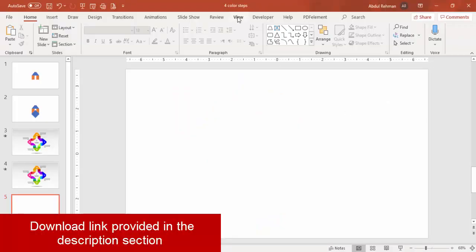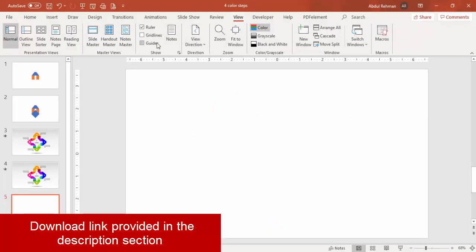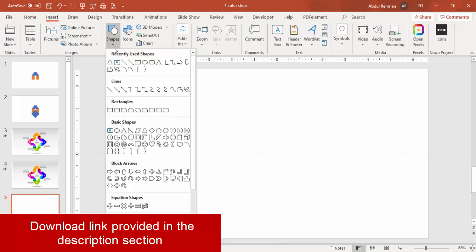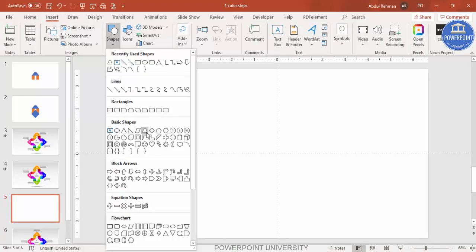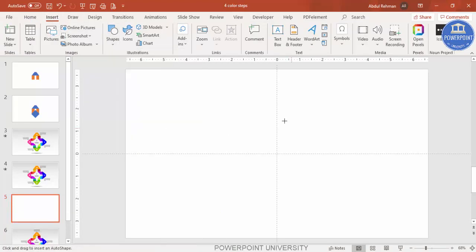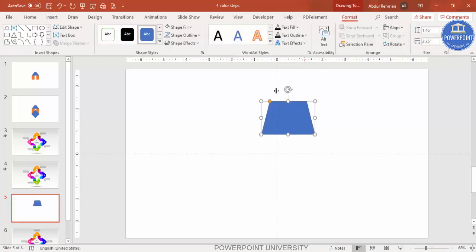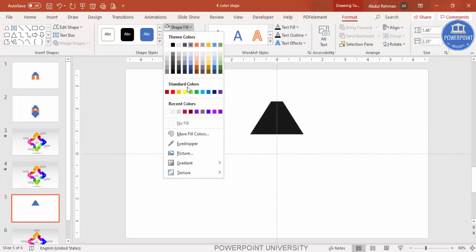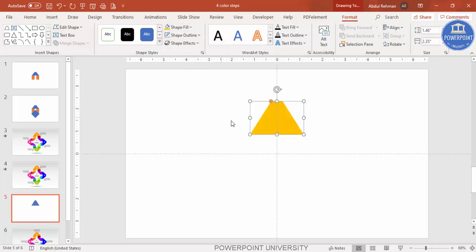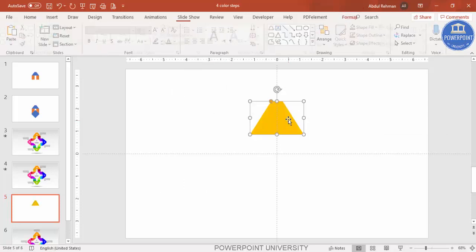Add a new slide, go to view, enable the guides, then go to insert shapes, and from basic shapes I'm going to select the trapezoid, draw the trapezoid, maybe this much size, and then you can see the small orange point. You can just drag it inside to reduce the size, maybe this one. Then I can just say align center, shape outline, make it no outline, and you can give some different color. Later on we can change the color. So let me just put it here